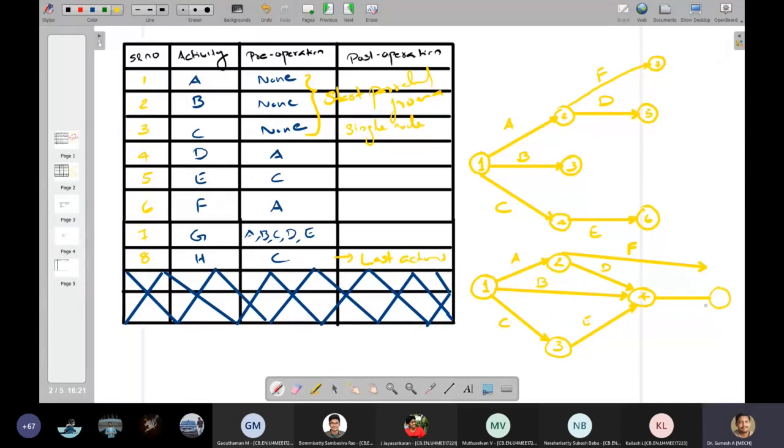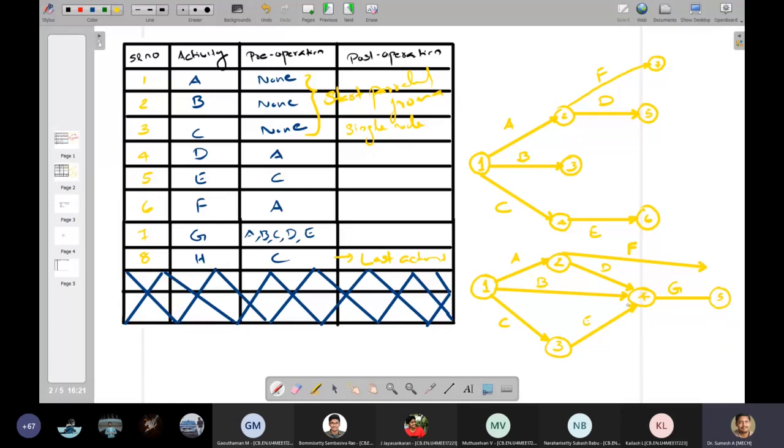The activity is G. So you can see A, B, C, D and E are merged into the activity G.